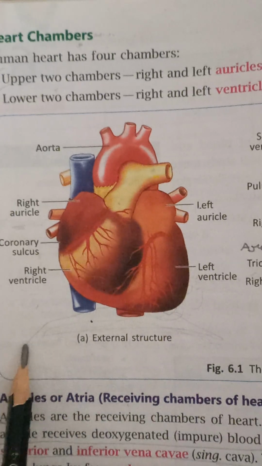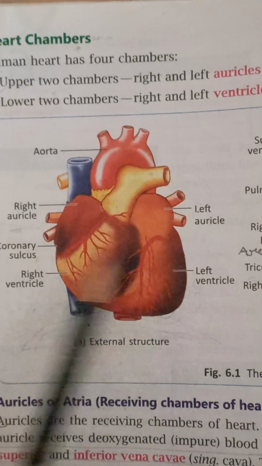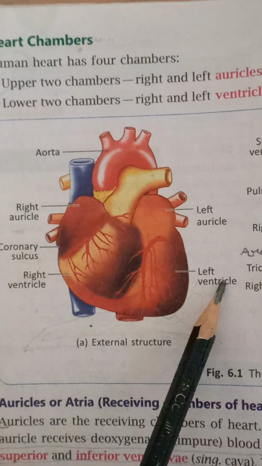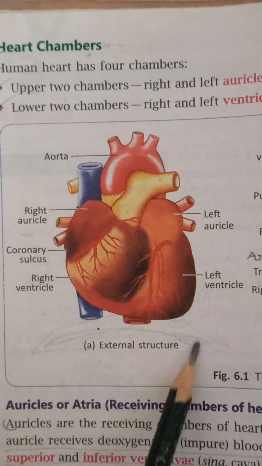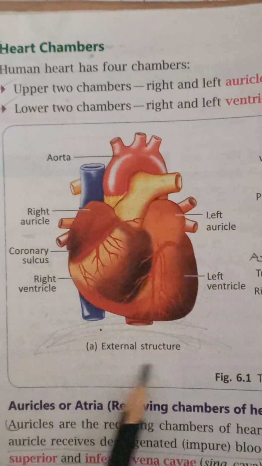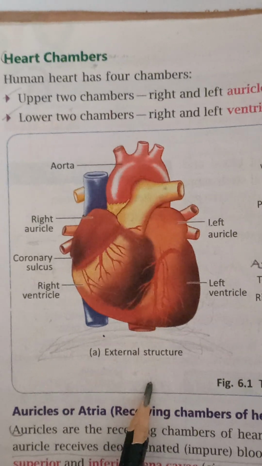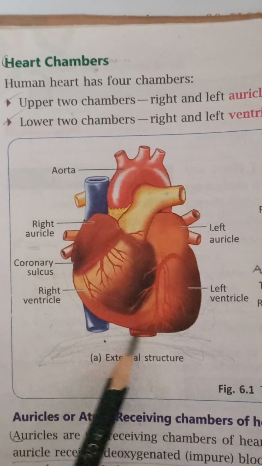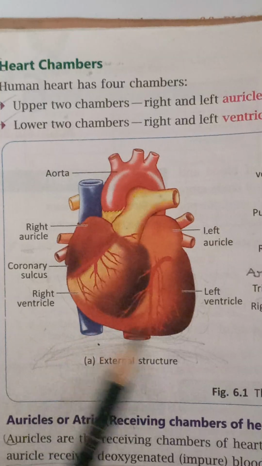The diaphragm is like this, and you all know that in the chest cavity there are the ribs and the lungs. So between the two lungs this heart is present, right on top of the diaphragm. This is the diaphragm, and below it is the abdominal cavity where the abdominal organs are. And there are two protective membranes of the heart that we call the pericardium.